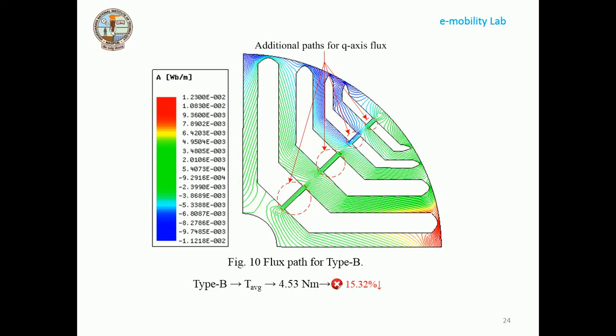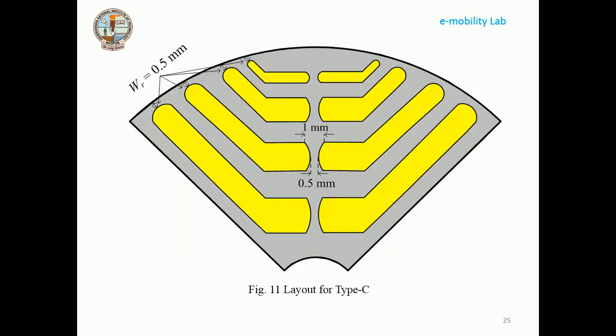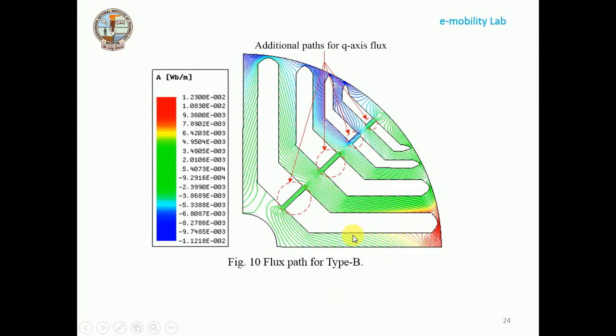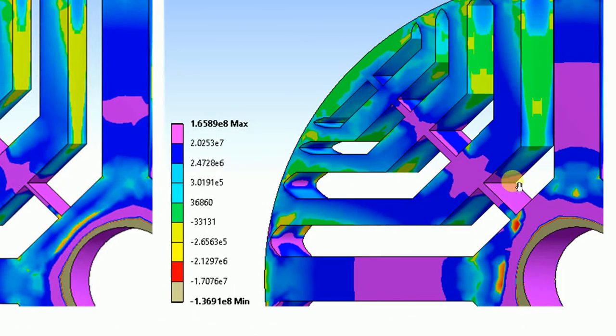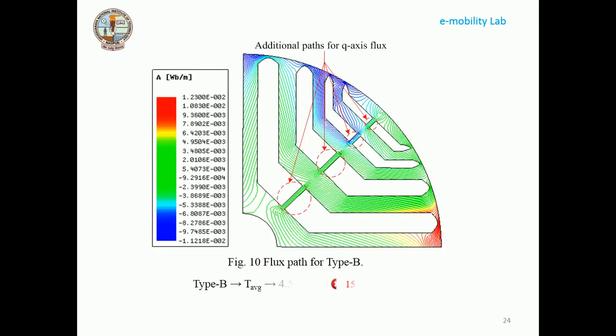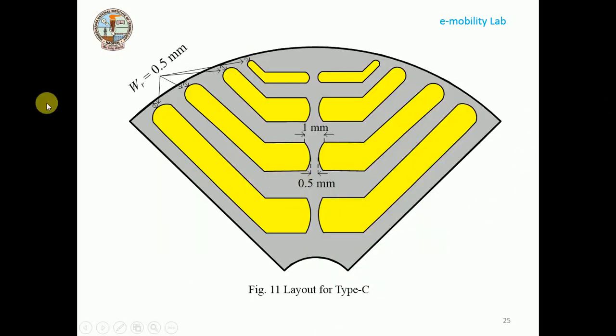Now, what is the next issue? What is the idea? What we propose: from the stress analysis we confirm that the mechanical stresses are higher at this point where this rib is connected with the carrier. So instead of having an entire uniform width of the rib, we can have a variable rib width. This is what we propose.